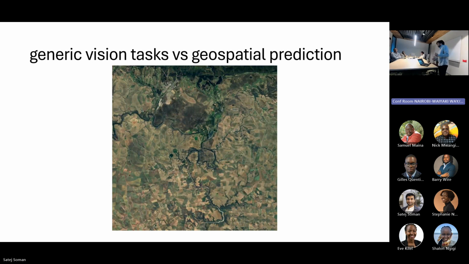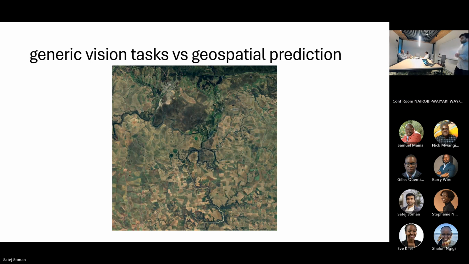Or you might have a model that does really well because it's trained on high resolution satellite imagery taken at exactly the most opportune time. But at prediction time or inference time, you might only have access to low resolution imagery that's taken at a very different time in a very different context, especially in a different part of the crop calendar for agricultural mapping.